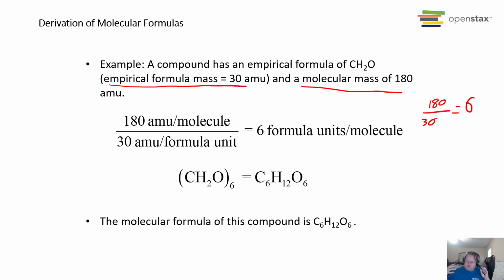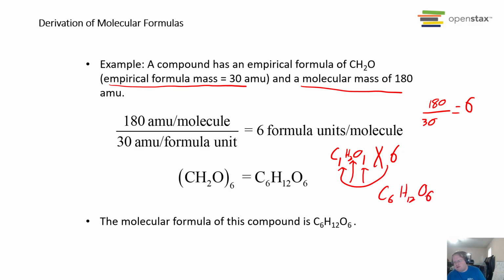Or 4.03, round that to 4. So in this case, it was 6. So you have to multiply this CH2O times 6 for each atom. Remember, there's an understood 1 for each of those. So you multiply by 6 by all 3 of these numbers, and that gives you